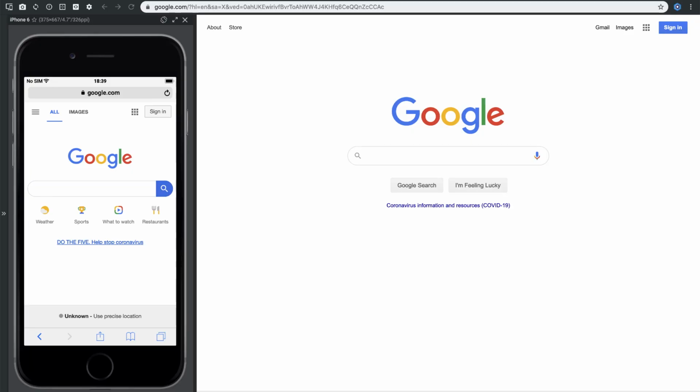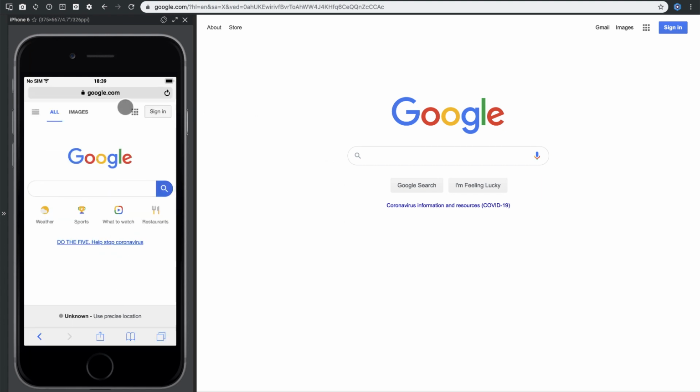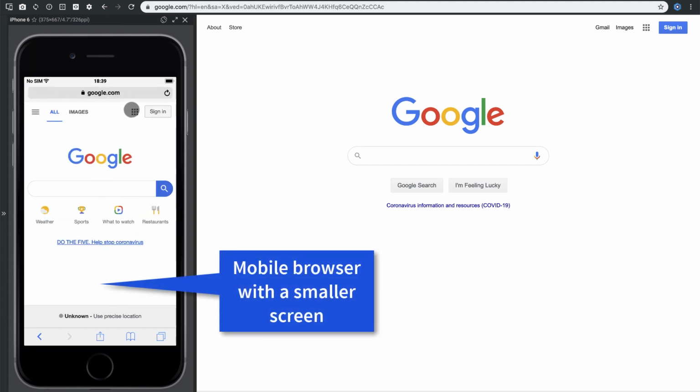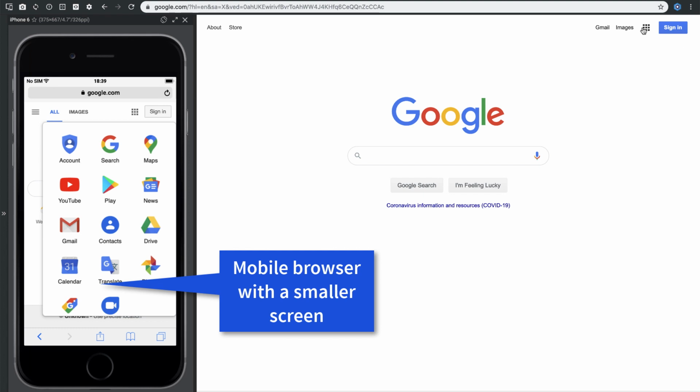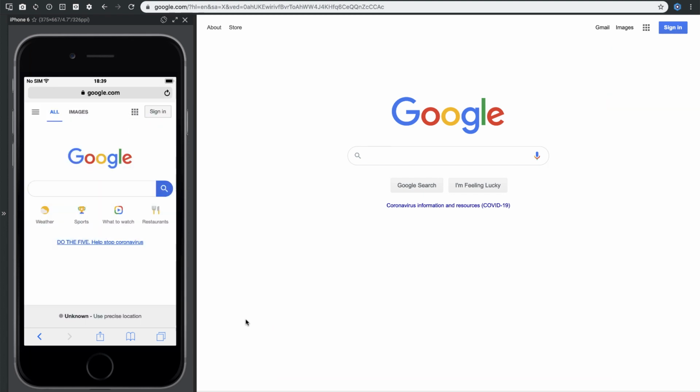Let's start by opening your preferred web browser. I'm currently using Google Chrome, but the same instructions apply if you're using Mozilla Firefox, Safari, Microsoft Edge, or Explorer. If you're using a mobile or tablet-based browser, you may find that some of the site content has been collapsed or rearranged to best fit your smaller screen size. Note that for this example, I'm using a mobile browser to view the site.